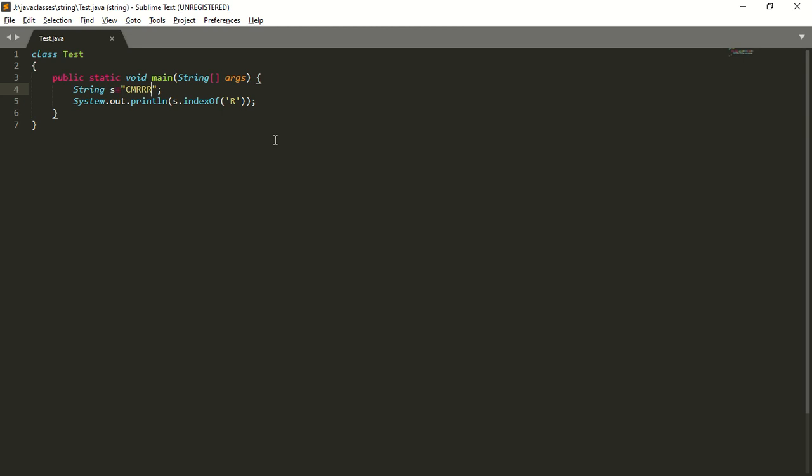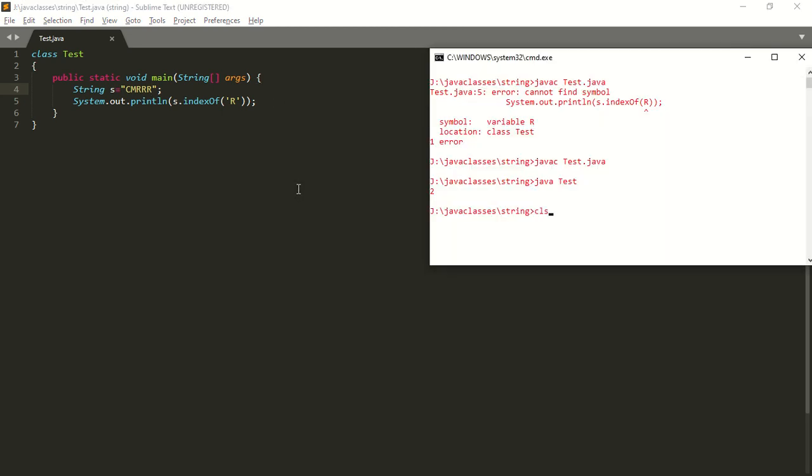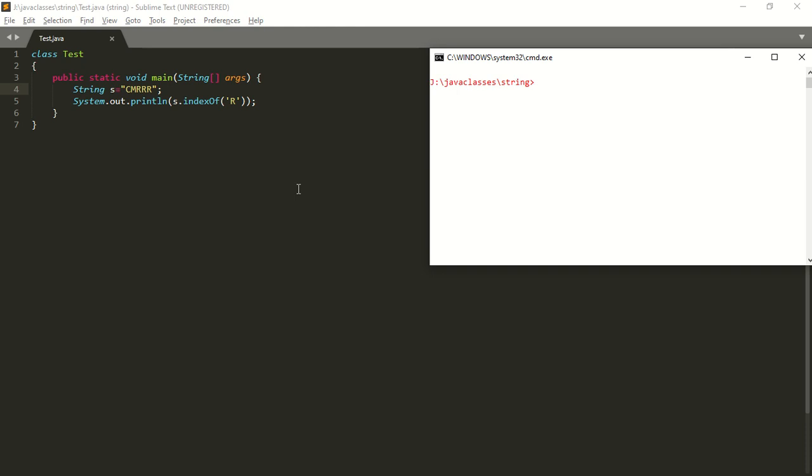The first occurrence of r is at the second index. So it is going to return 2 in this case. So clear screen, compile, run this program. What will be the output? The output will be 2. Okay. By default, the indexOf method returns the first occurrence of a character.